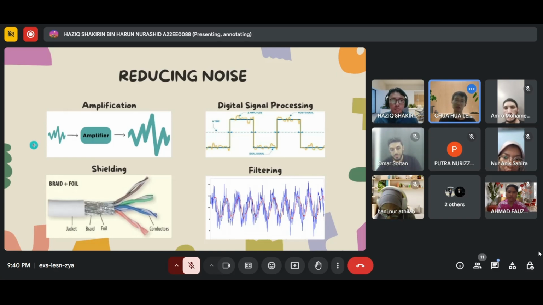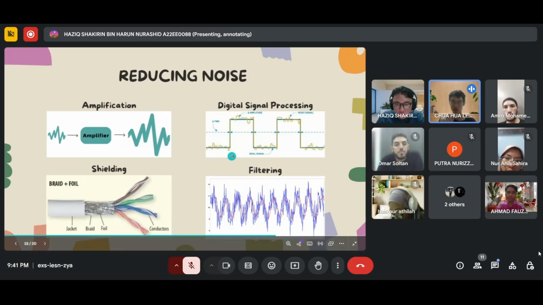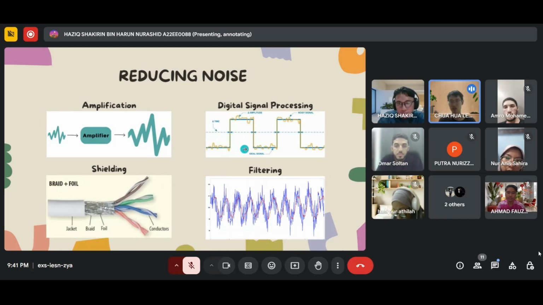Another way you can reduce noise is by using digital signal processing. Usually noise happens more on analog signals, because they have a range of values, like a wave. By converting these waves of values into a digital signal, which operates on discrete values, like zeros and ones, so 0 for 0 volts, or high voltage, maybe 3.3 volts or 5 volts. As you can see from this picture here, the noise affects the signal, but you can still see clearly which one is considered high voltage and which is low voltage. So in this method, you're able to identify clearly even though there is a lot of noise in the communication